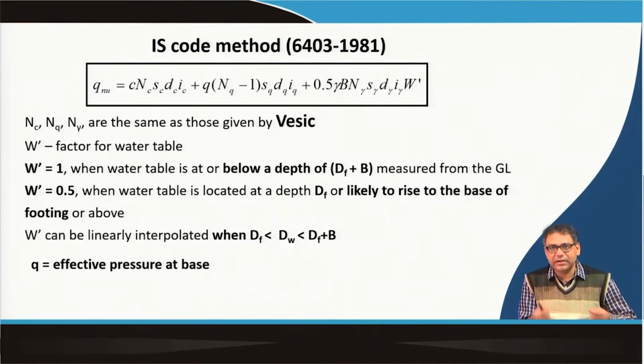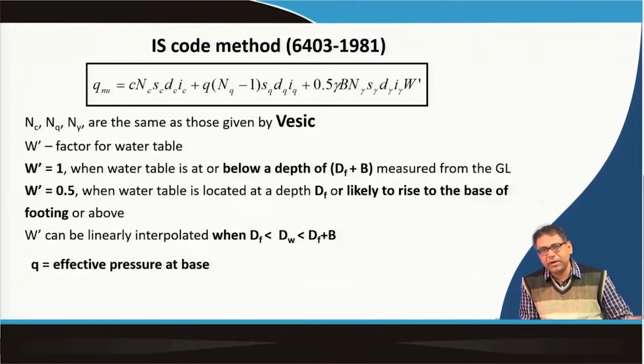Here also Sc, Dc, Ic, that means the shape factor, depth factor, inclination factor, are proposed, and the Nc, Nq, N gamma values are similar to the values proposed by Vesic, which we have to use. So, the Vesic table we have to use for N gamma calculation, and for Nc and Nq they are similar to Meyerhof's bearing capacity factors. And then there is a term W' here, the water effect is also incorporated into the equation,